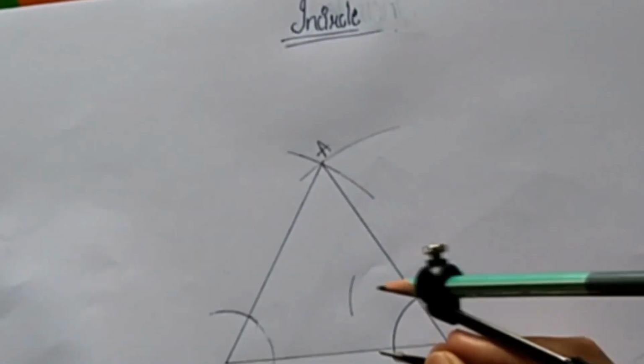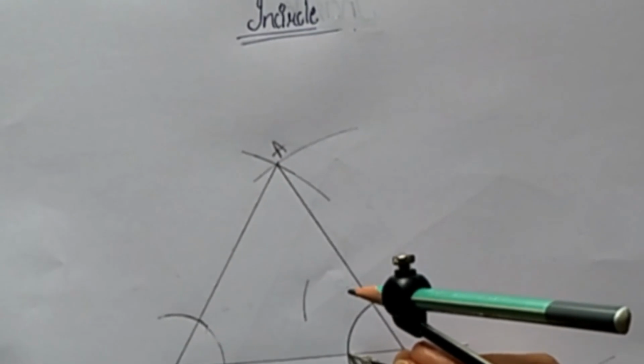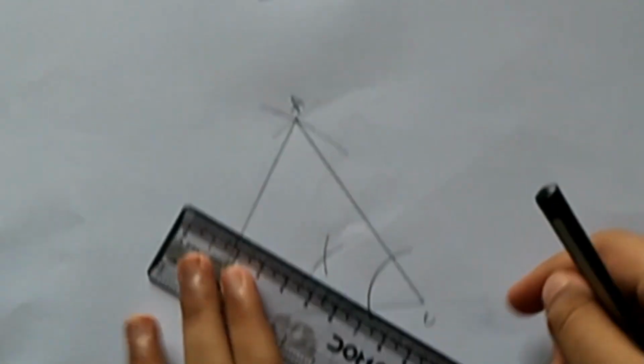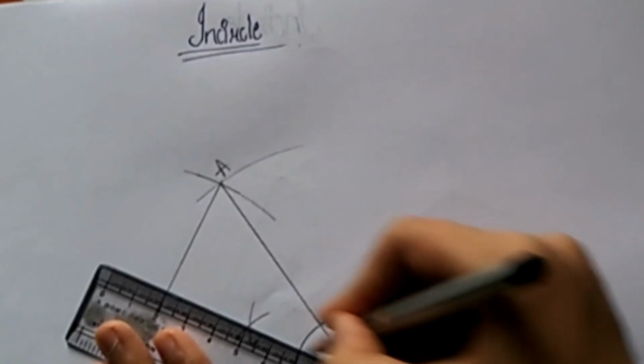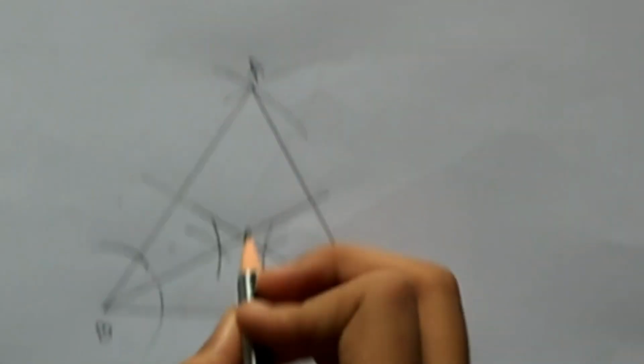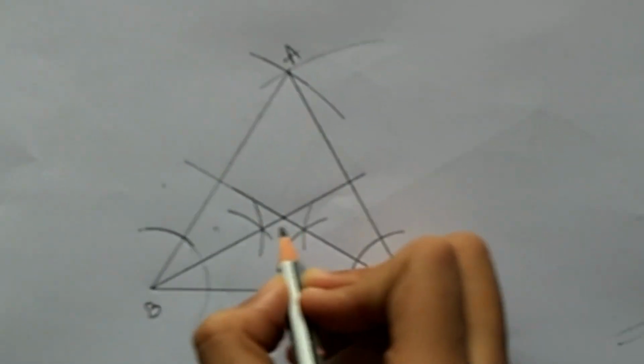We have to do the same for both. Here is our first bisector. We have to do the same for the angle B. So I have drawn both. We have to draw these bisectors in such a way that these two must intersect and form a point